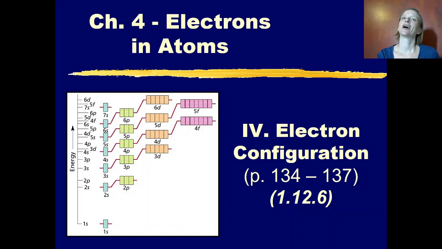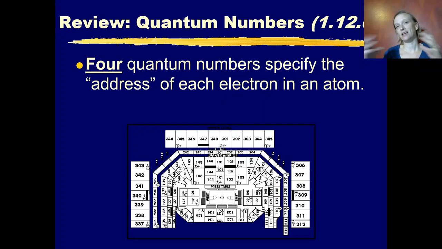Hi folks, we're starting to look at electron configurations, and electron configurations are going to be more complicated in Chemistry 1 than they were in physical science or middle school science. Our electron configurations are going to be based off of the quantum mechanical model that we learned about earlier. And just as a quick refresher, we have 4 quantum numbers that specify the address of each electron